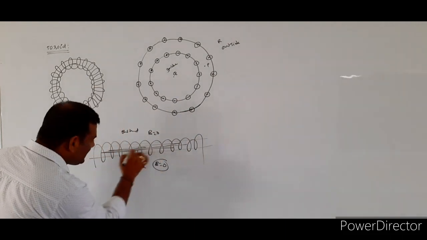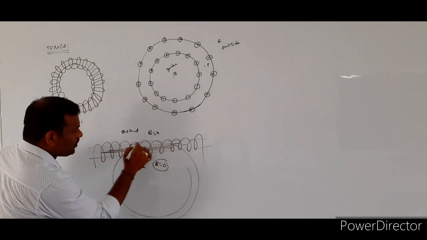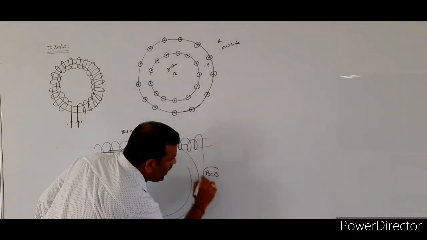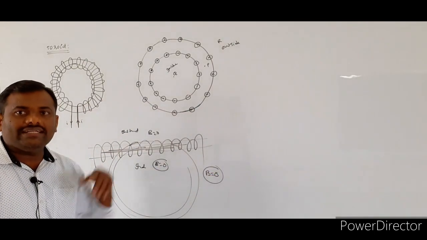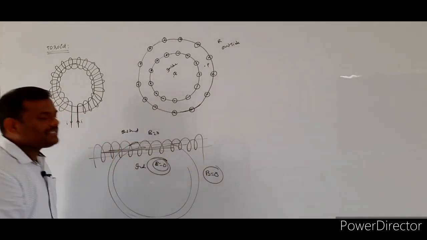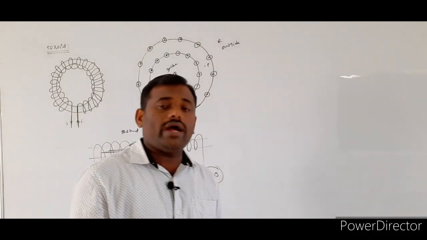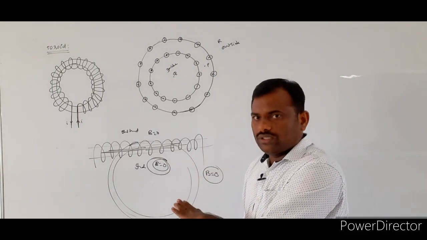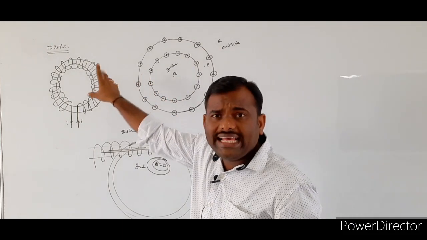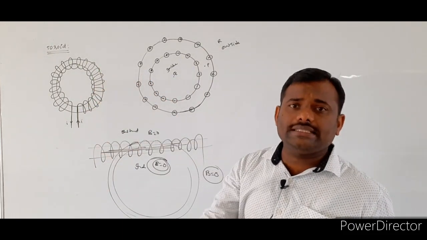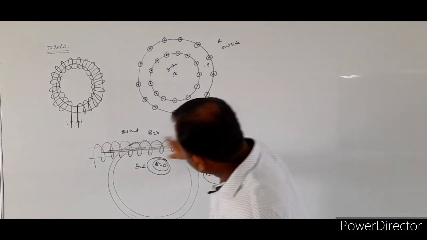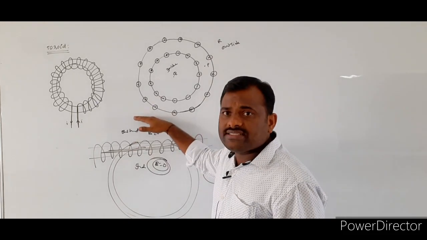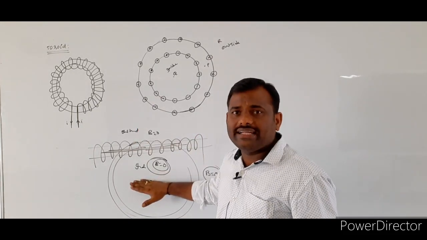Now, if you bend this solenoid into the circular shape, outside the toroid the magnetic field intensity is equal to 0. Similarly, inside the toroid also, the magnetic field intensity is equal to 0. This point we have to understand. Once again, a toroid is nothing but a solenoid which is bent in the form of a circle. For the long solenoid, the outside region magnetic field intensity is 0, and the inside region also magnetic field intensity is 0.